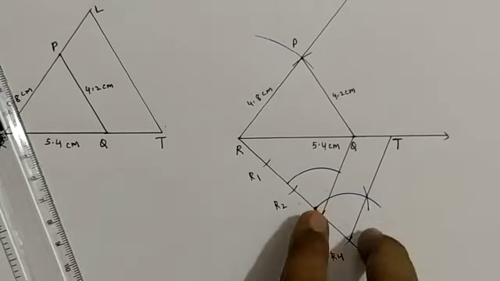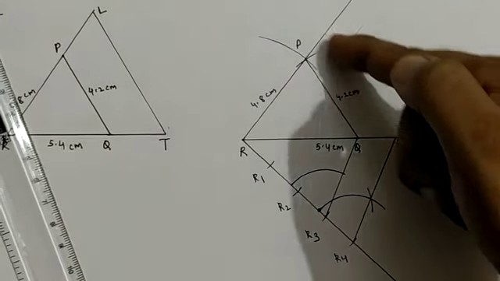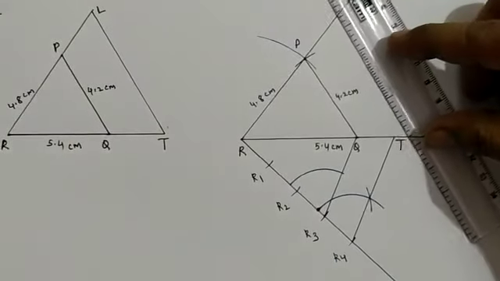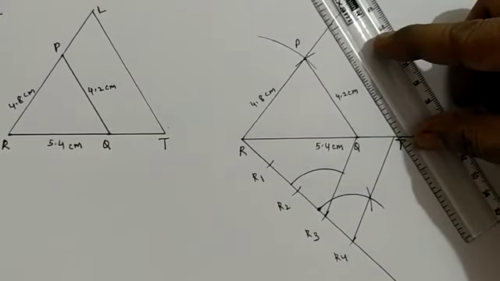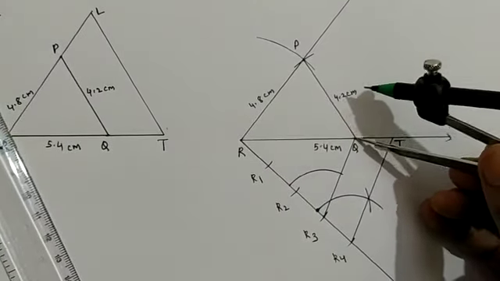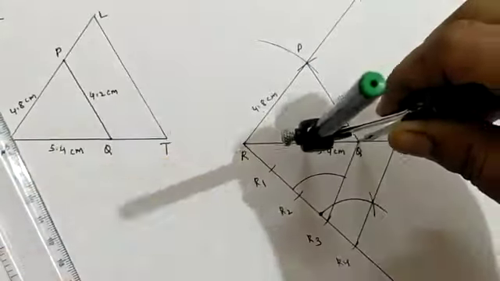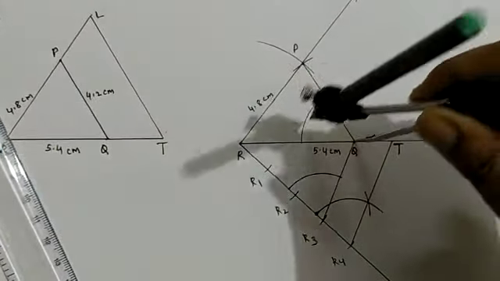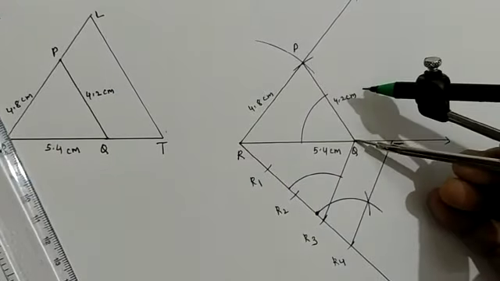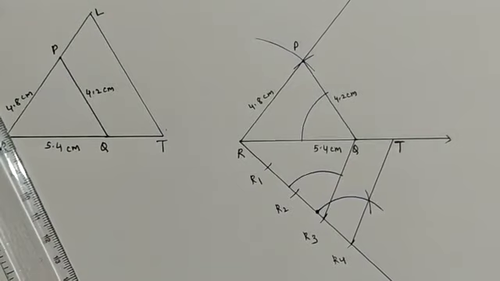Now how do we draw a parallel line here? In the same way, from this point T also we have to draw a parallel line. You can even draw with the set square, or we can follow the same steps. See how we do it. Keep the rounder on point Q now and cut an arc. From this point Q you cut an arc.